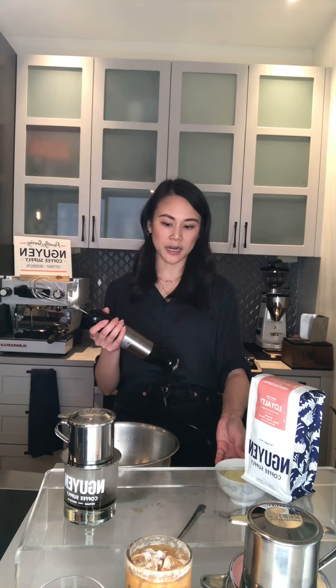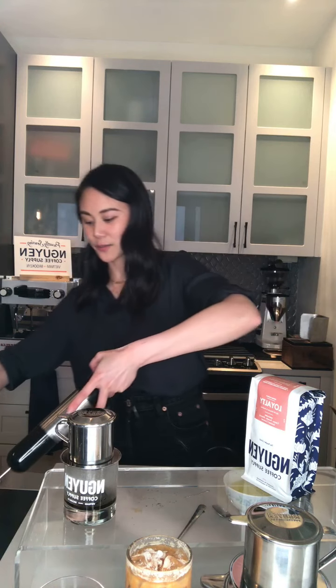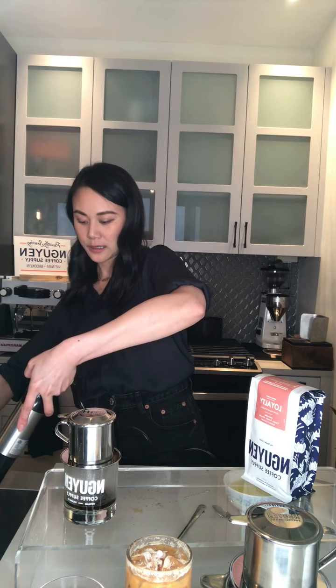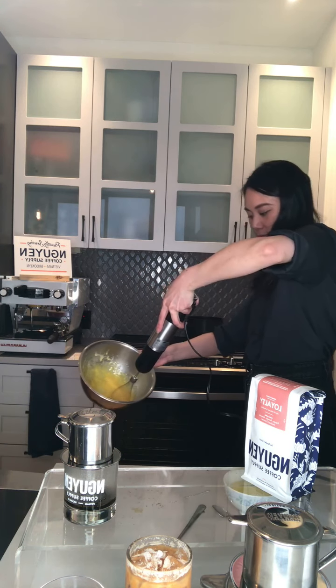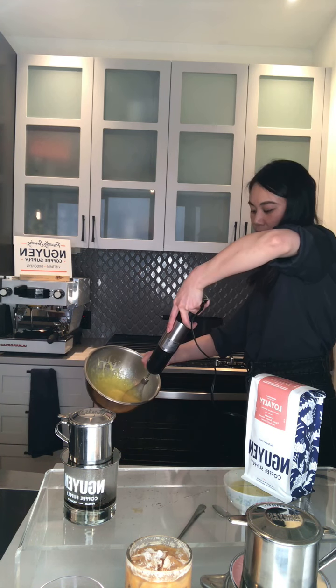All right, so now we're gonna use an electric whisk, and you wanna blend the coffee cream so it's really light and fluffy. You wanna aerate it so that it sits on top of the glass. Let's see. I'm just gonna do it over here so it doesn't spill. All right. I don't know if you can see that, but we are whisking. We're whisking for quite a while. You want to get it really